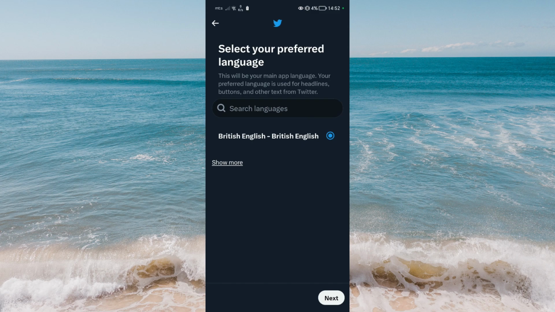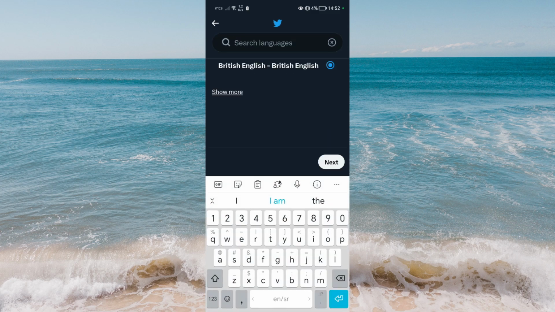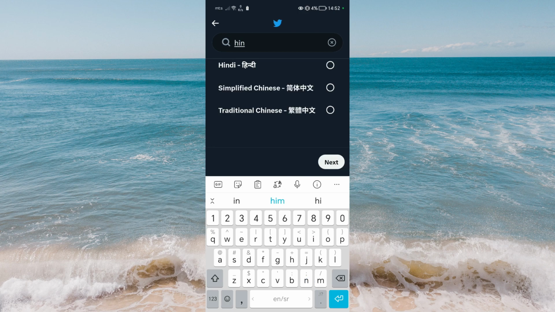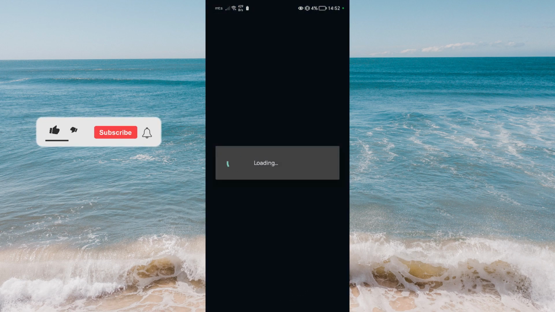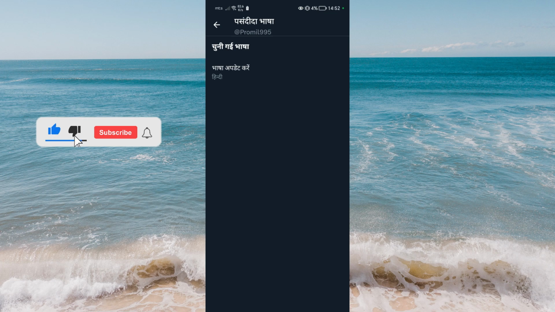Here you can search for other language. For example, let's try to find and set the Hindi language. Click on Displayed Language. Click on Next. There you have it. The app